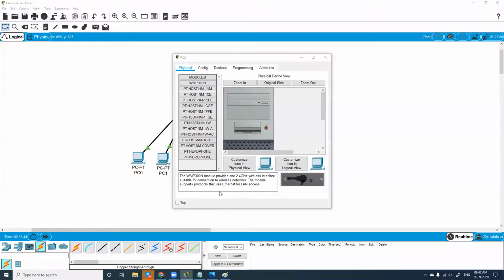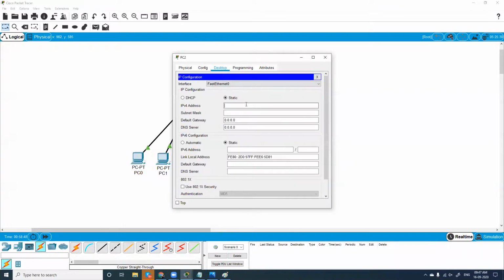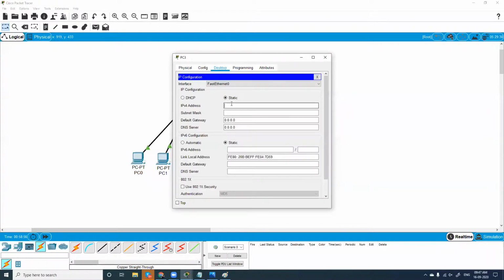Here it is 192.168.1.4, I'll close this. This is 192.168.1.5. Yes, I'll close this.